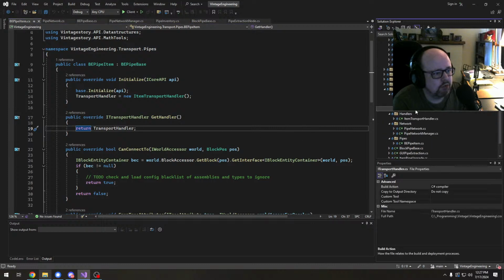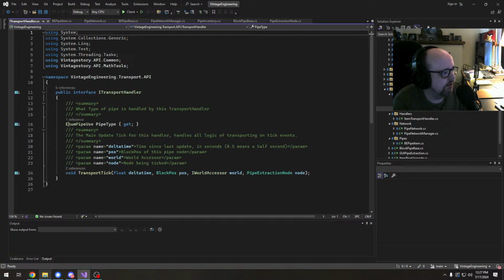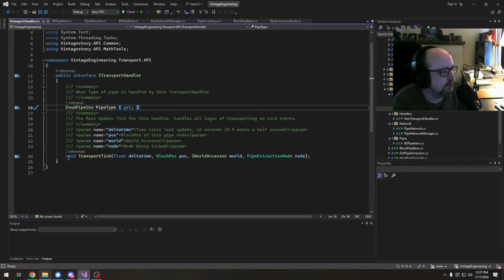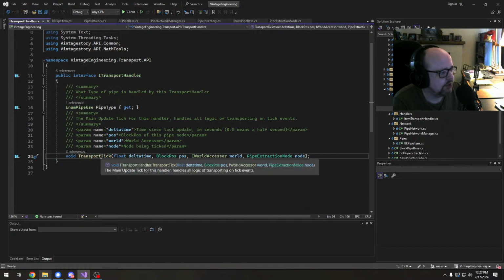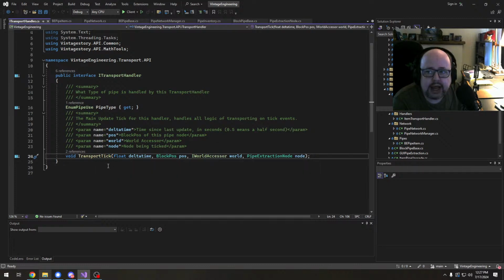It's a really, really simple interface. Defines the type of pipe for the handler. Like this is what it is. And then there's a transport tick. Now, I haven't actually done any of this code yet, so the parameters might change. But the transport tick, this is what is called by the ticker in the actual extraction node that can tick